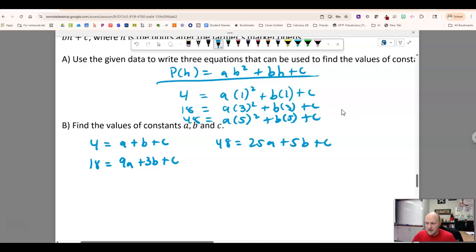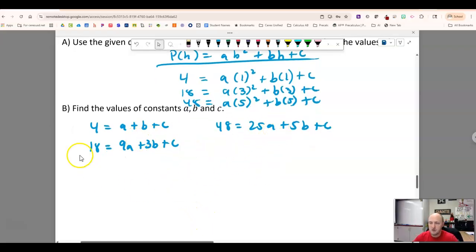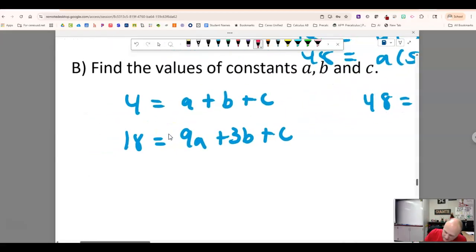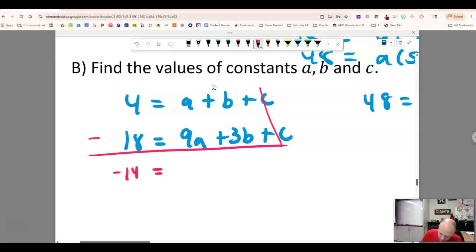I separated it this way because here I have 3 equations in a system. How do I do it? I'm going to solve using only 2 of the equations at a time, and I'm going to use the resulting equations to break down another system. So let me show you. I'm going to take these 2 and solve via elimination. I'm going to subtract, and my C values cancel. If I was smarter about this, it would be reversed so I wouldn't have a whole bunch of negatives, but it's fine here. Negative 14 equals negative 8A